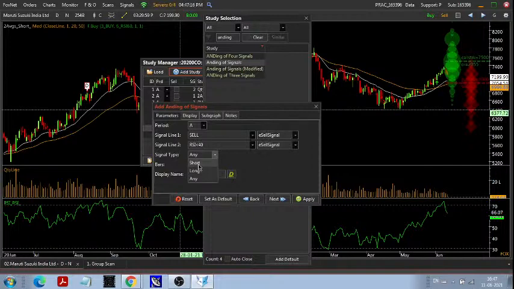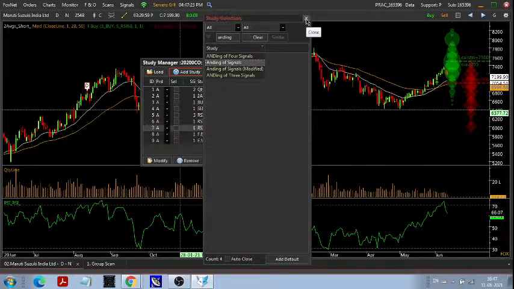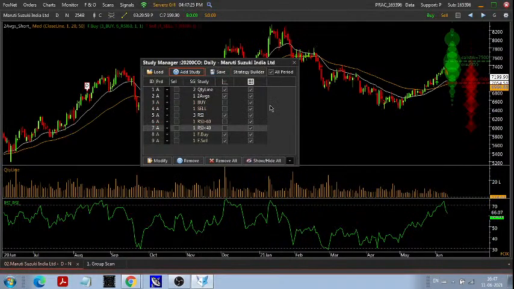This is for sell. Both signals have action type short, and I have named it final sell, final buy.